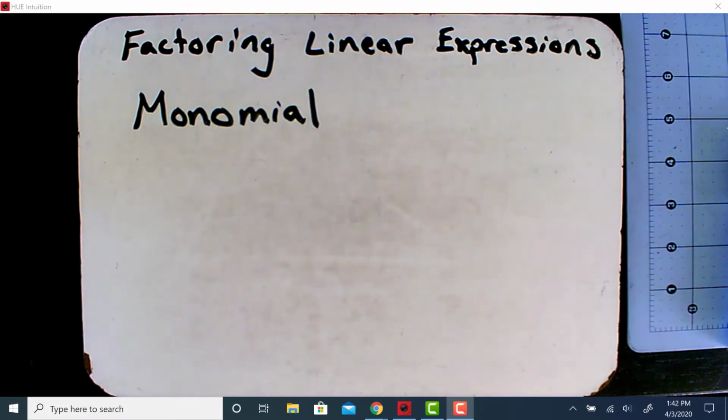Today we're going to be working on our lesson about factoring linear expressions. We're going to start out with one vocab word, and that is monomial. Rather than write out a word definition, I figured I would just give you an example of what a